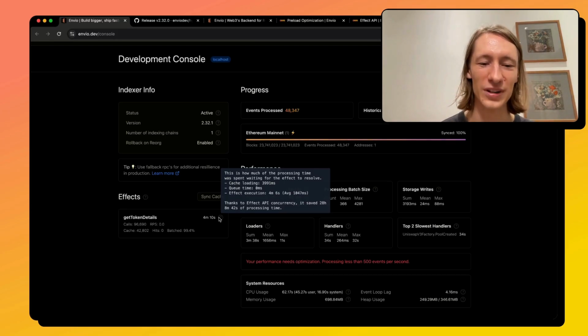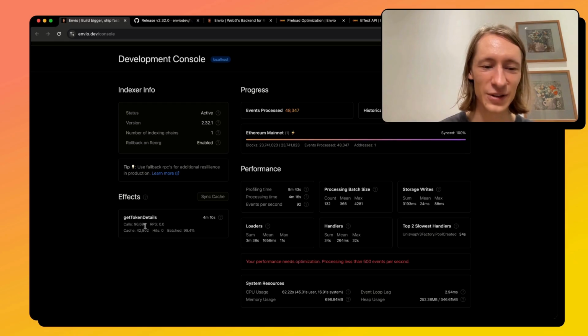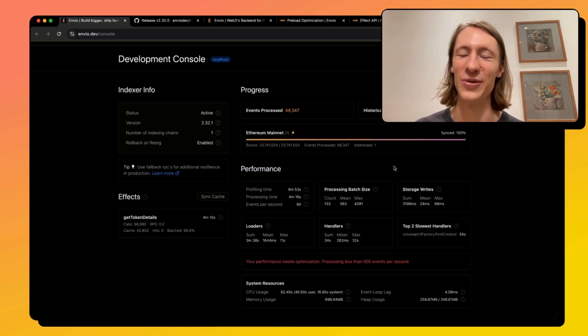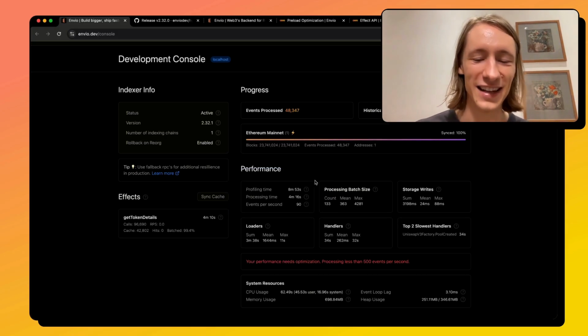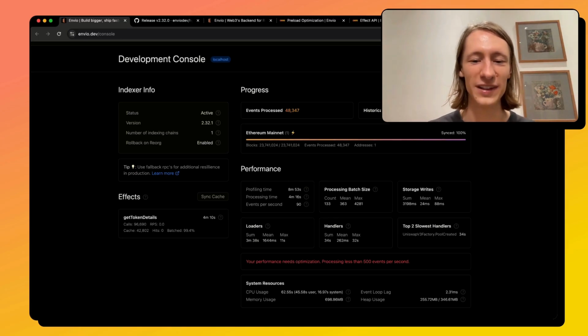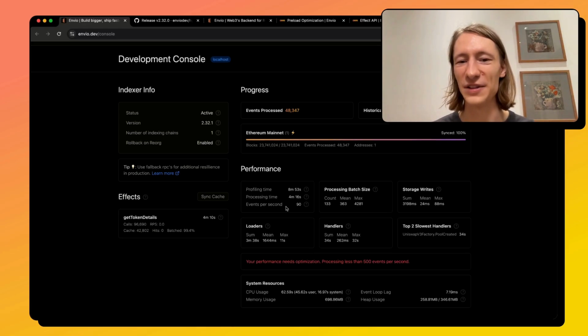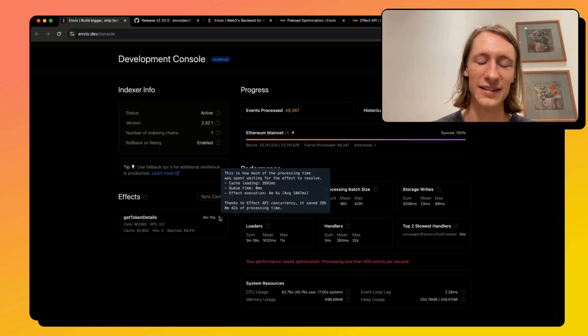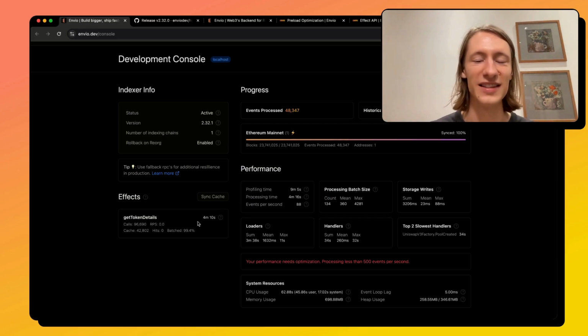So if we called all these 96,000 getTokenDetails requests one by one, how we did it initially, it would take us 28 hours to finish this indexer. This is crazy. And just going down to 6 minutes, even though the number of events per second is not that big, it's still 6 minutes to walk through the whole chain and get a lot of token details and token metadata. So the question is,